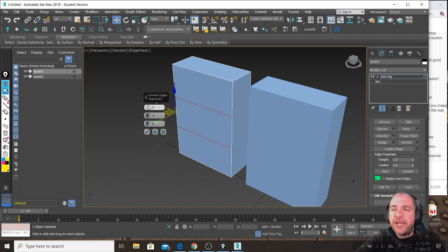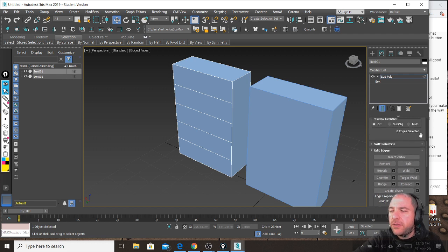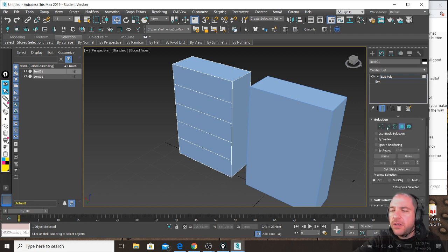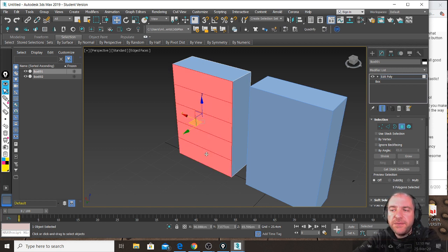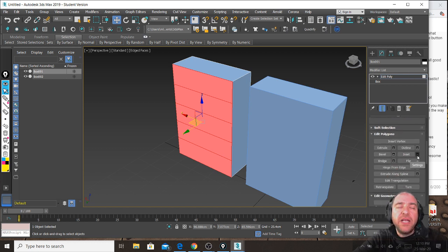So with connect, I add these extremely precise linear grid-looking new edges. And then I go to polygon and I select these polygons. I click inset and I inset by polygon